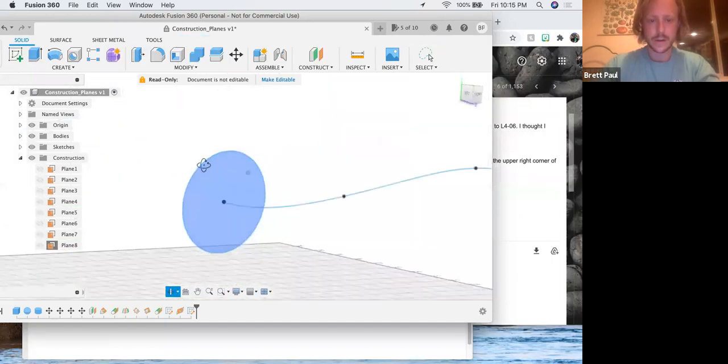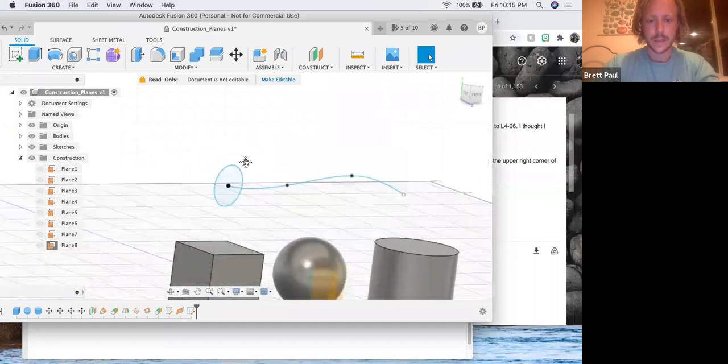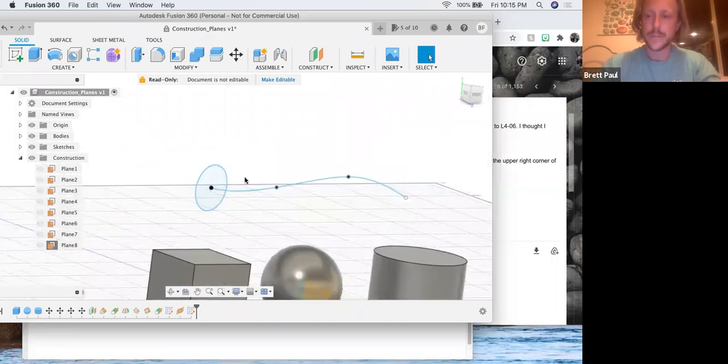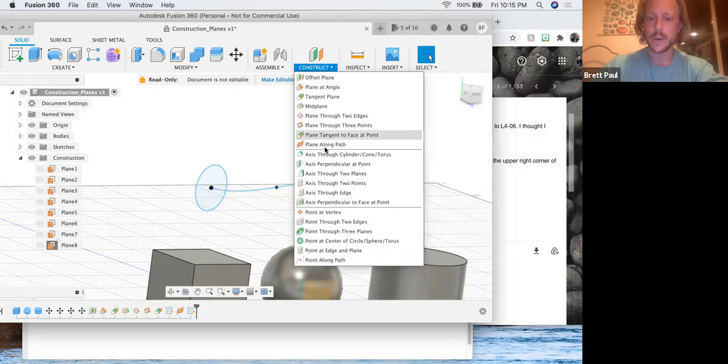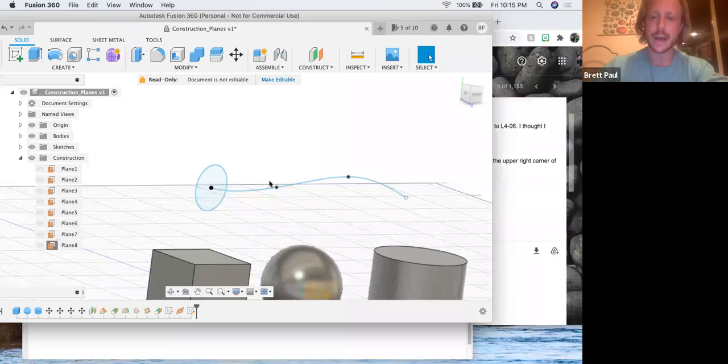Let's rotate here so you can get an idea of what we just did. All right, quick review. We created a sketch, right? And we put a spline into that sketch. We finished that. Then we went up to construct, and we put a plane along this path, and by path I mean this spline, and that plane was right here at the end point. We then created a sketch on this plane, and that sketch is of a circle. So now we have 2 different sketches, and you need 2 different sketches in order to use the sweep extrusion